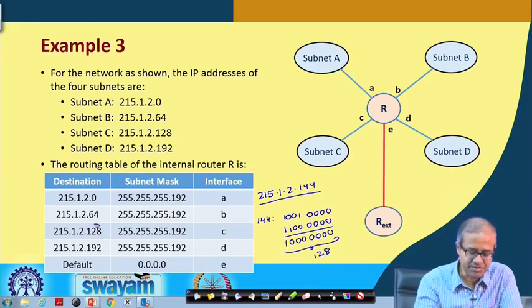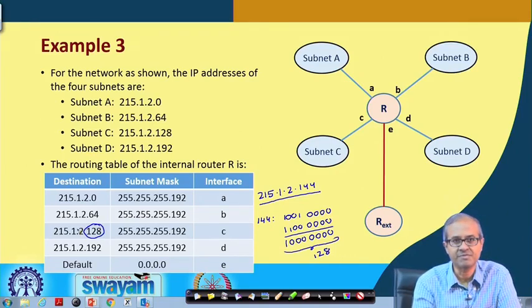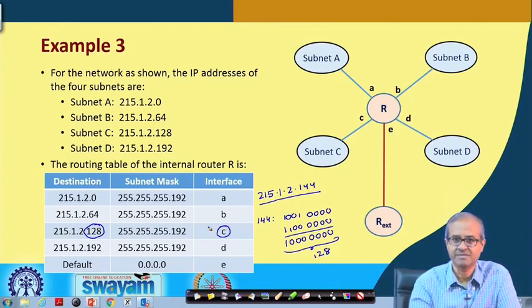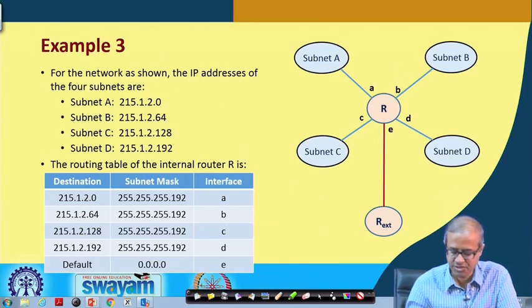So, there will be a match with the third row, right, and the packet will be forwarded to interface C. Fine. Okay. And the last one, the last packet had an address